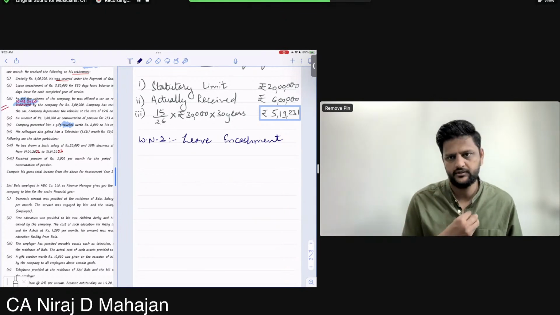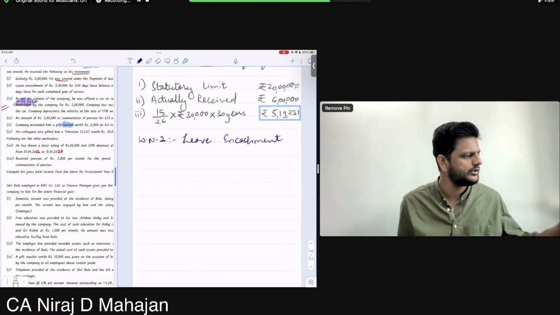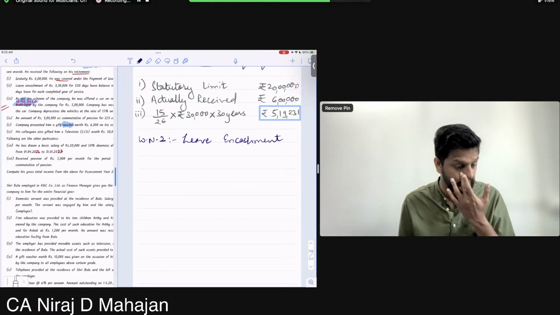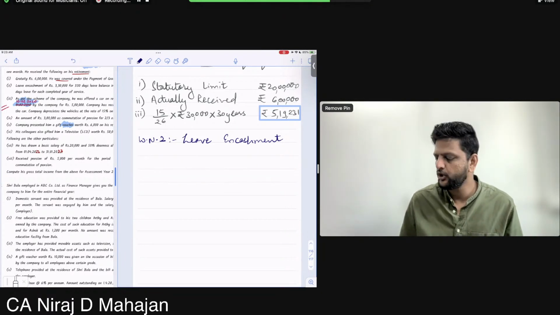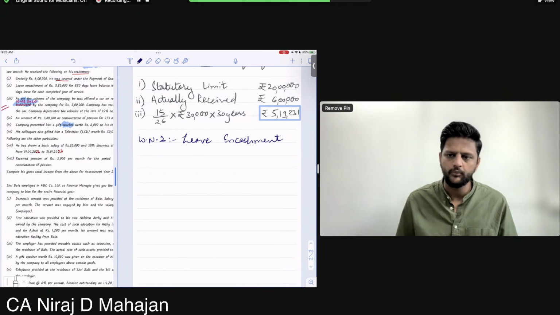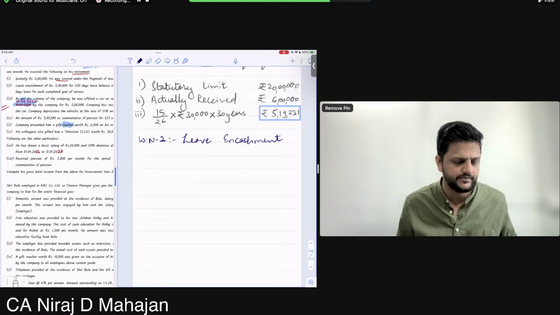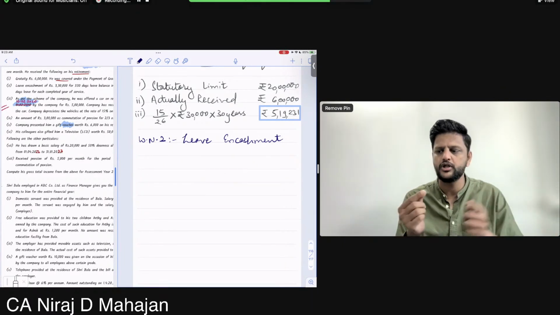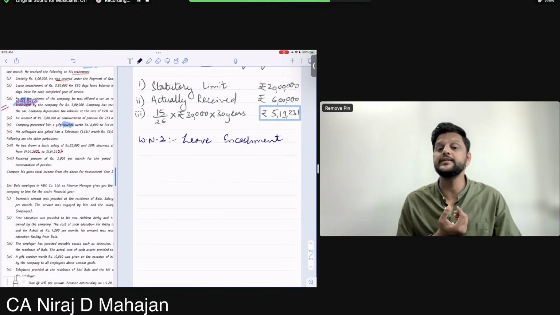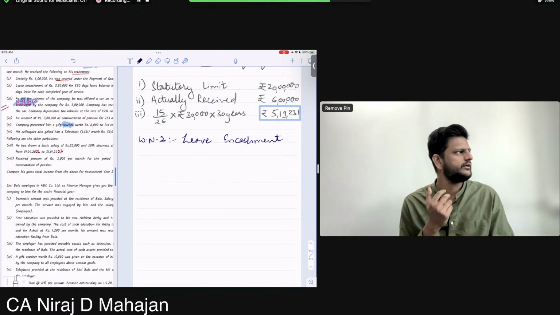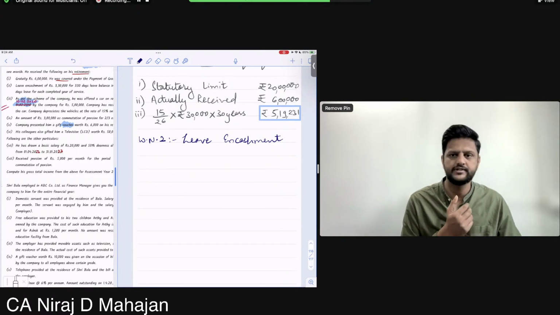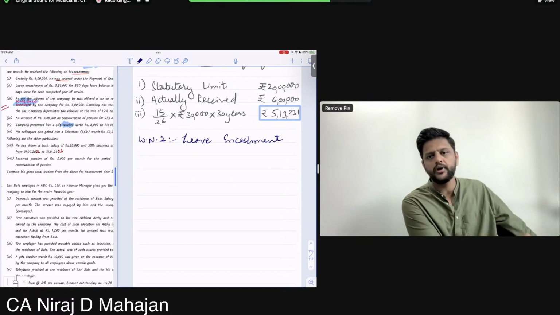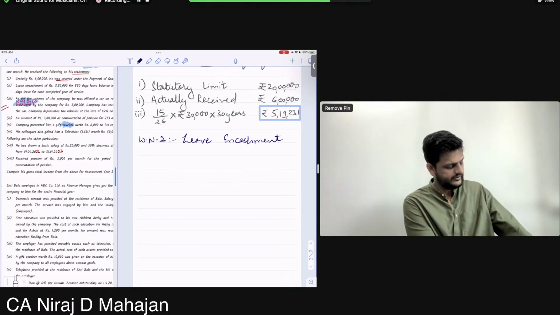The same thing happened with me as a student, many years back. What happens if you take this subject lightly? At that time we did not even have GST in our syllabus; it was like 90 to 100 marks, all income tax. The problem is that the syllabus is so huge and complicated, with adjustments and provisos asked from here and there, small small things. Ask anybody giving this attempt, your friends, how was the RTP of this exam? They start crying when they talk about the RTP. It was that tough.